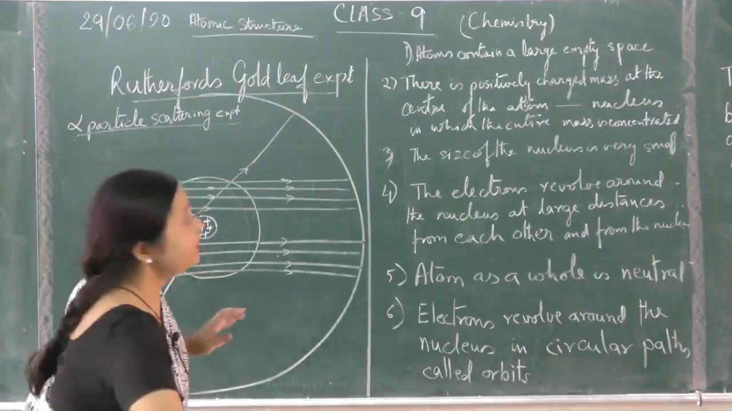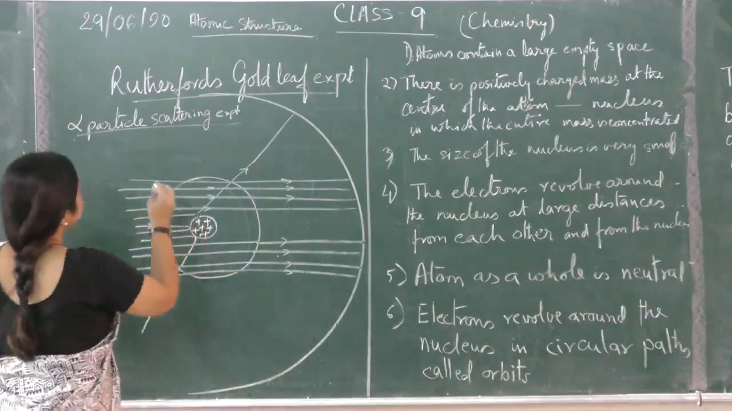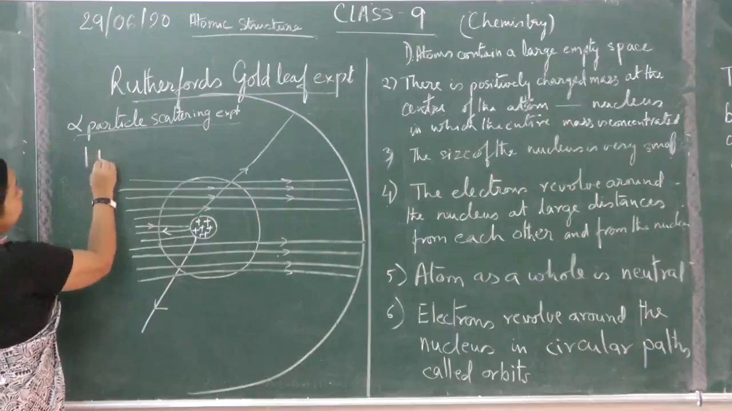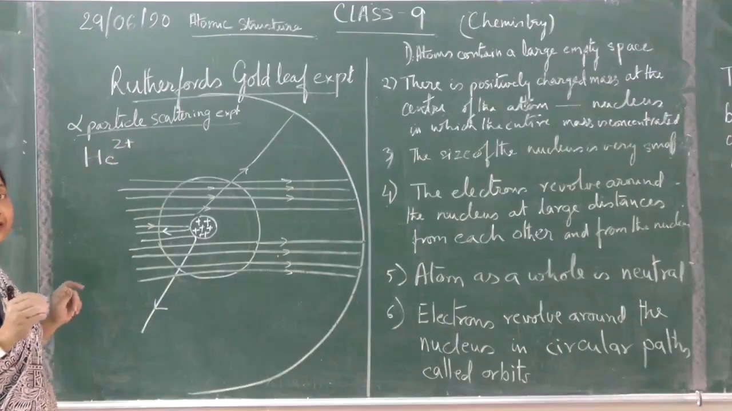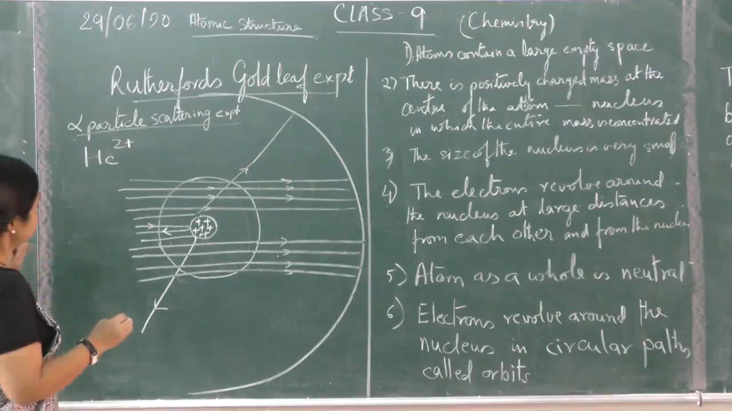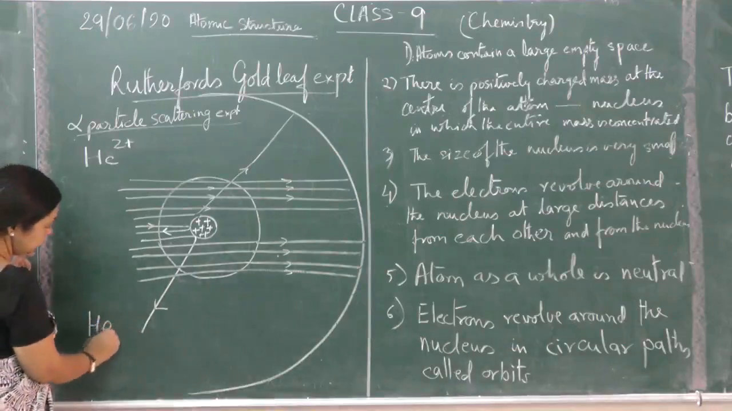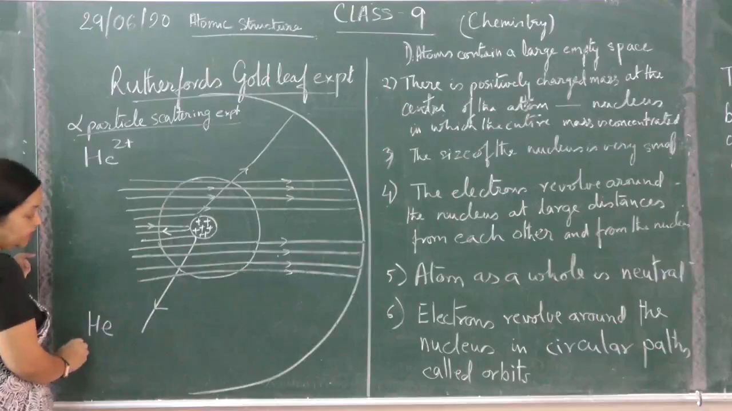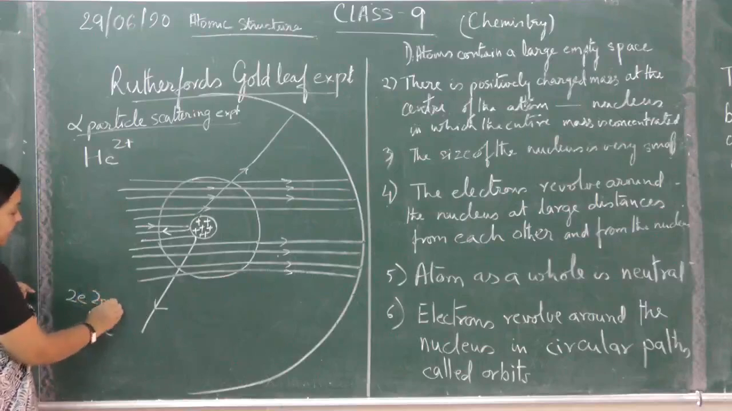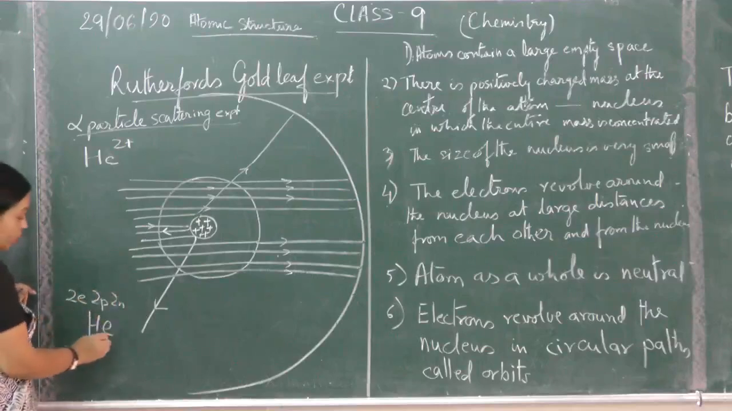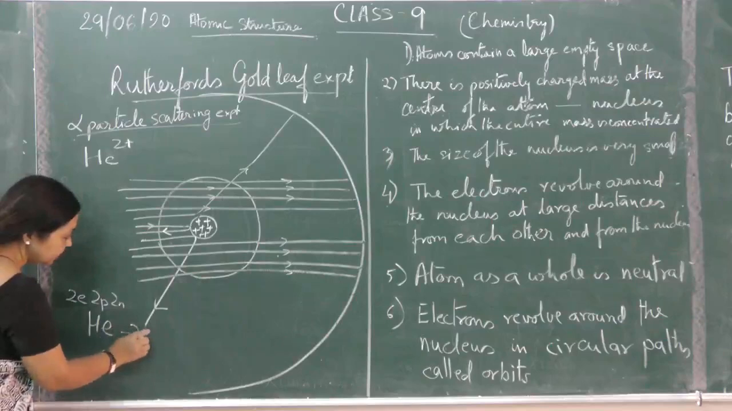Now what are alpha particles? Alpha particles are doubly charged helium, double positive helium. Now how is it made? Helium is neutral. Helium contains what? A neutral helium atom contains 2 electrons, 2 protons and 2 neutrons. So when the 2 electrons are removed